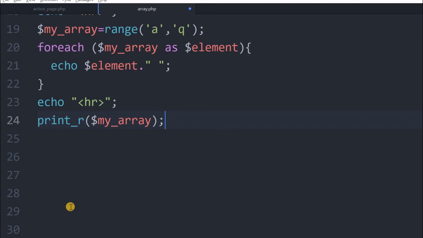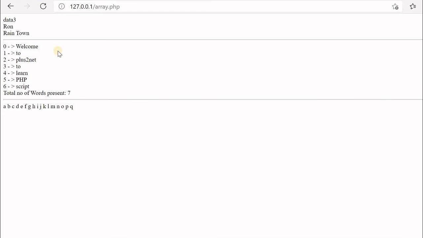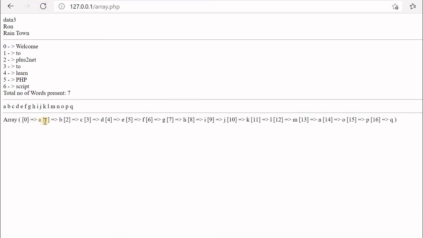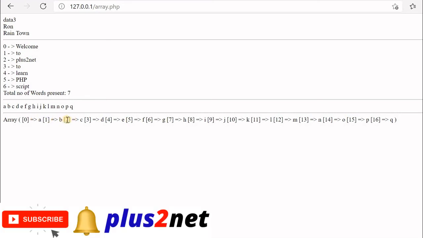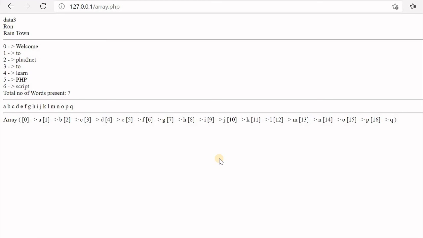This is helpful when you are checking any array. Instead of creating a loop, you can quickly check this. You can see all elements: 0, 1, the second element, third element, all positions and the values. The third element is D, the fourth element is E, like that. This print_r will display all the values along with their keys.